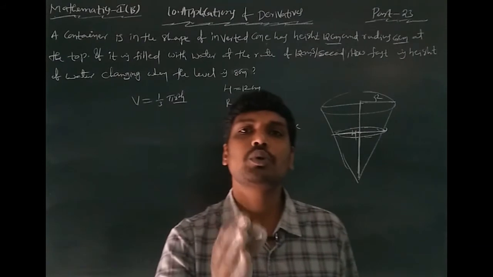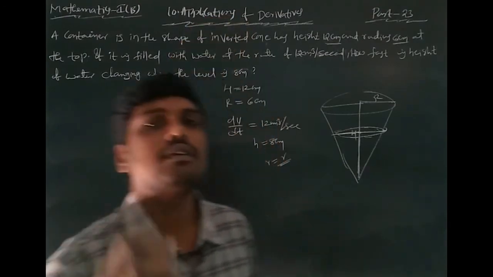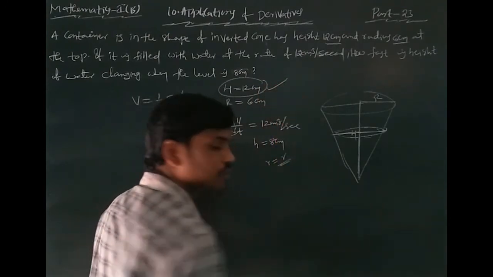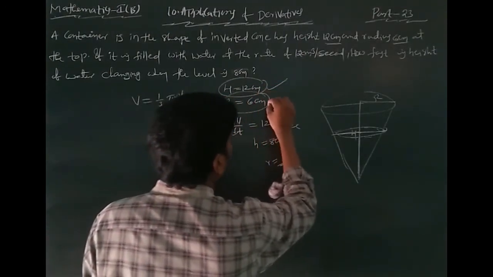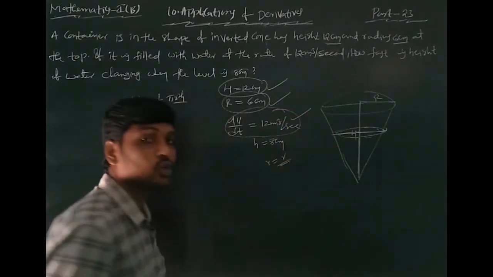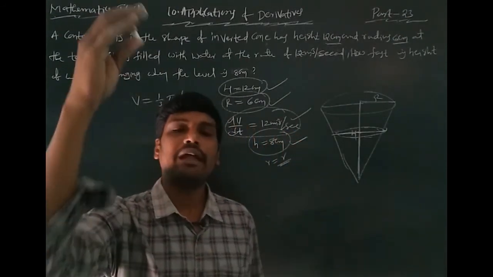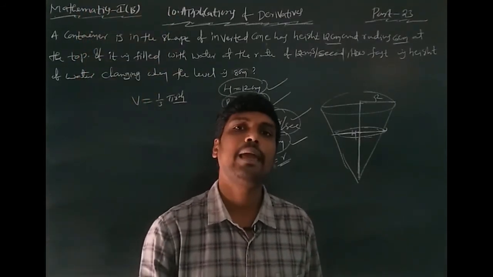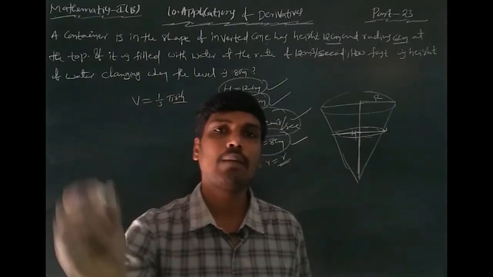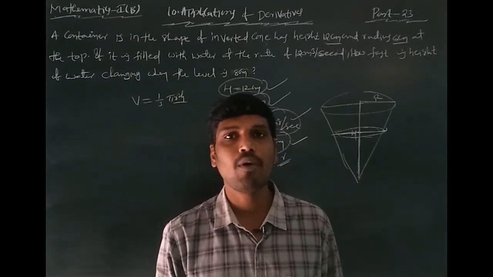This problem you can do like the previous problem model. Just which one is changed, students? All the problem is totally the same. But in place of capital H you write 12 centimeters, in place of capital R you write 6 centimeters, in place of dV by dt you write 12 centimeter cubed per second, and in place of h you write 8 centimeters. The remaining problem you can do totally the same. Just these values are changed. That problem and this problem are both similar problems. Just the measurements are different. Okay, students. These two problems are very important, 4 marks in